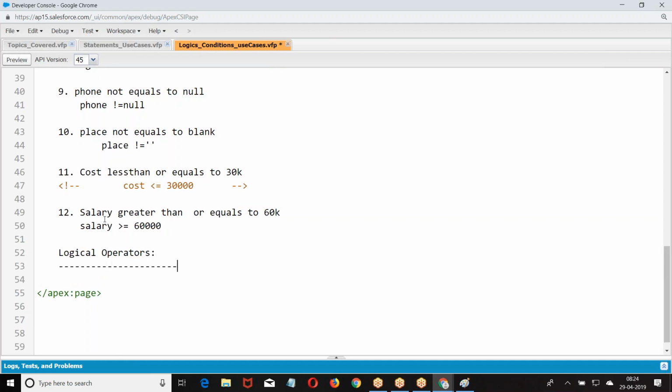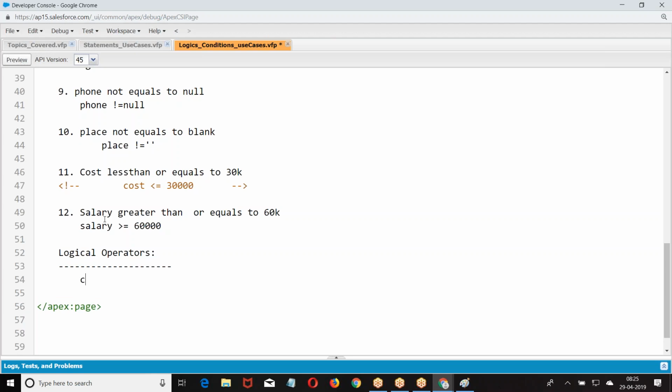When you want to take a combination of two or more conditions, I go for logical operators.